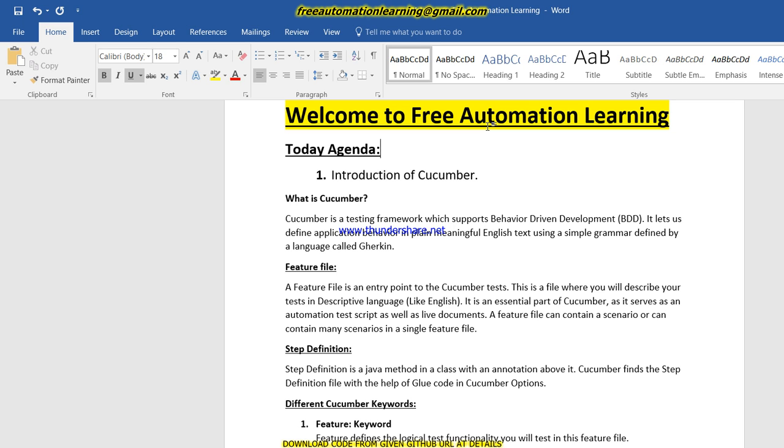Cucumber provides that language. That language is the Gherkin language, and by using Gherkin we can write our test cases in simple English language, right?